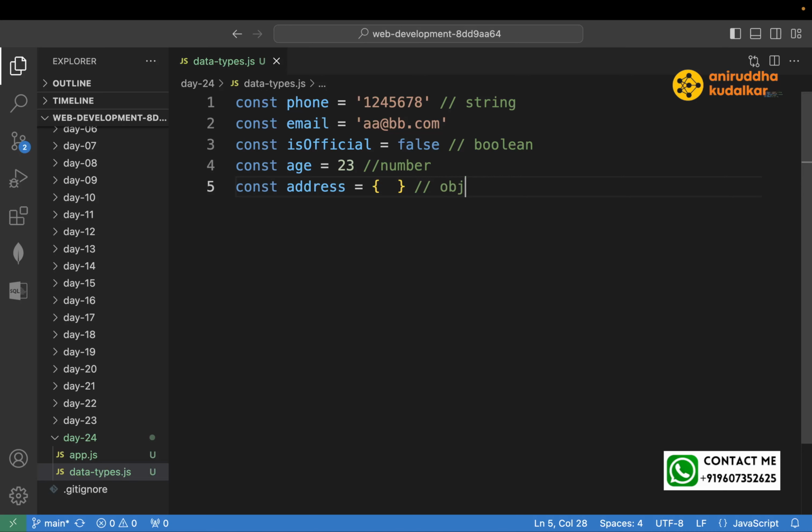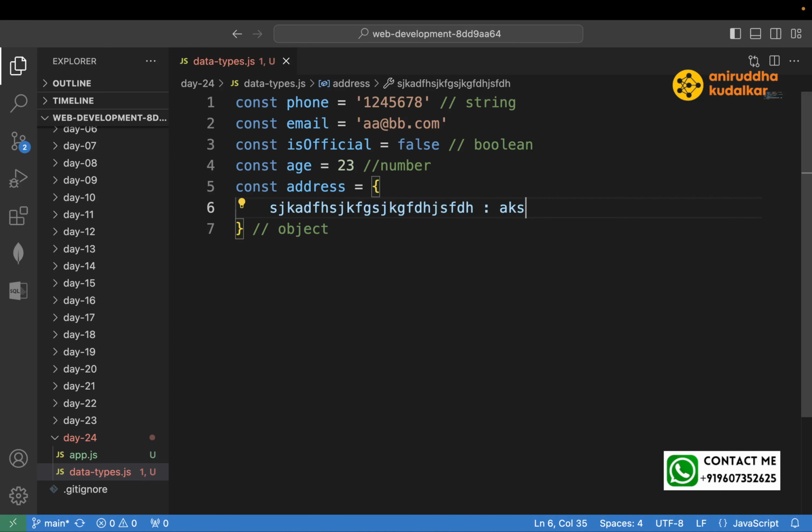Object, which is written inside the curly braces. And inside that you would be having key and values. Key can be any string and value can be anything, like number, boolean, whatever,